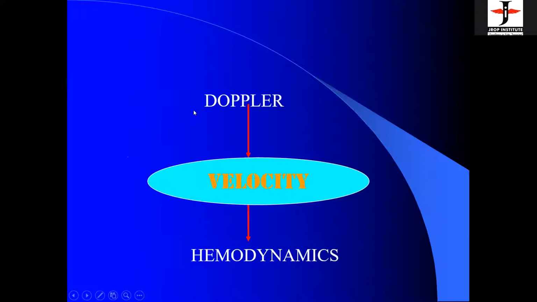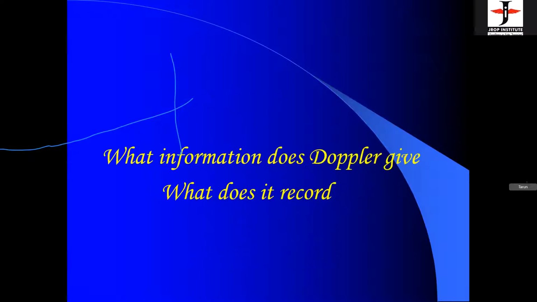For example, what Doppler records is the velocity of the blood. Wherever you record a Doppler, whether it is in the blood, wall, blood vessel, anywhere, the Doppler records velocity. And these velocities are converted into hemodynamics. Hemo means blood and dynamics means the pattern. So that will be coming later on. The Doppler records only the velocity of the blood, and it is very important to record a correct velocity, as you will come to know later on.